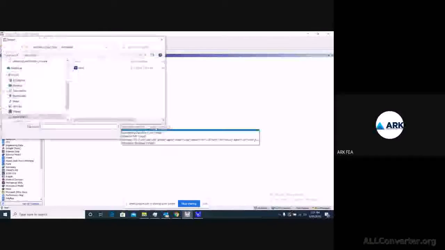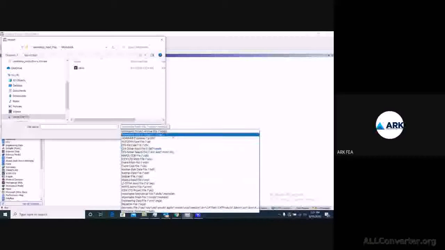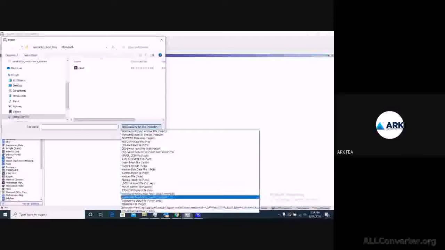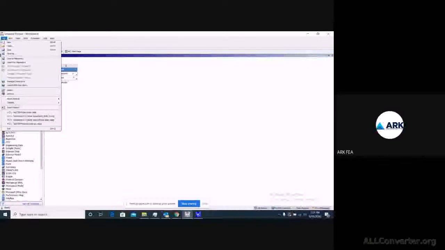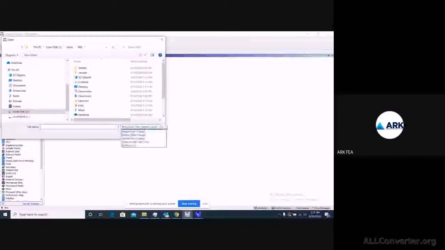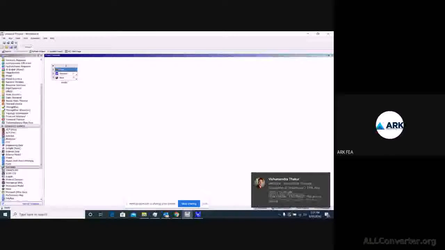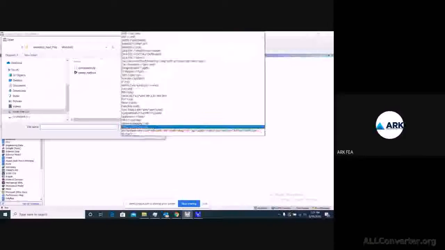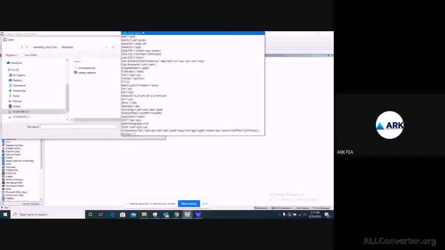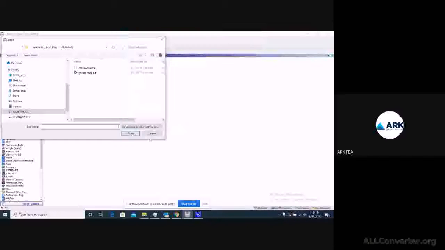So you can see whatever import extensions are available. These are the extensions in terms of export and in terms of open. Whatever file you have saved earlier, you can go to open, and these are the extensions possible. Or if you want to import a geometry, you can just go to import, browse, and these are your possible extensions. You can import it from CAD too. Okay.